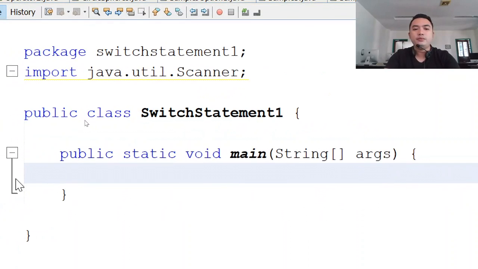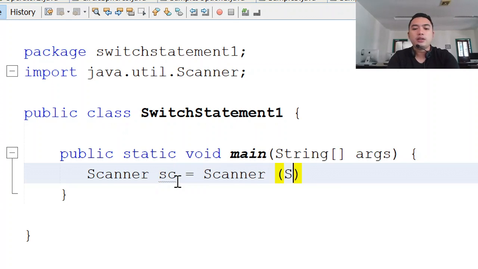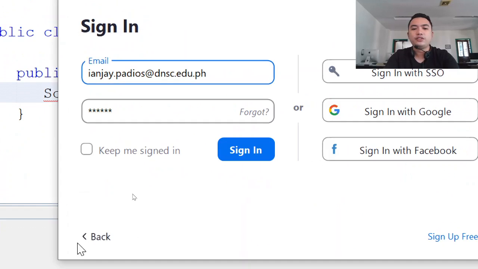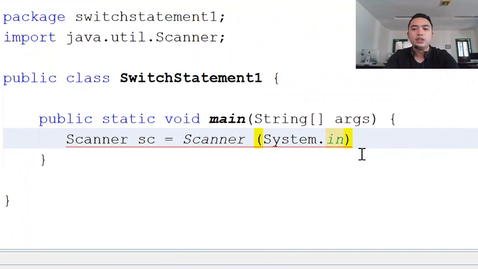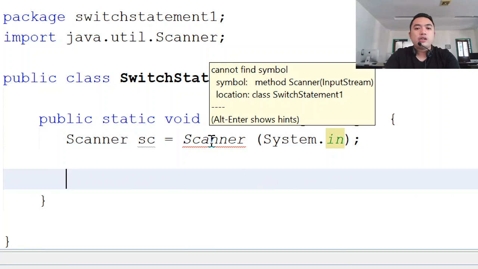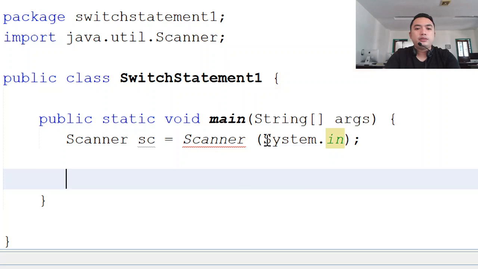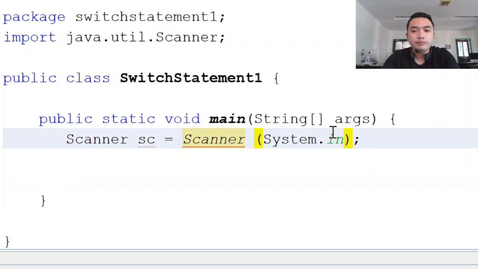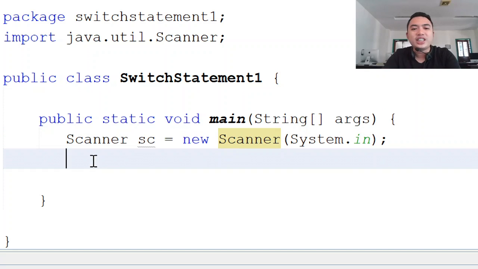So we will be declaring and instantiating the scanner, System.in. Okay, sorry for this. Closing this. Okay, and then scanner is not inside. Sorry, new. Kalimutan ko. Scanner se new Scanner(System.in), and then